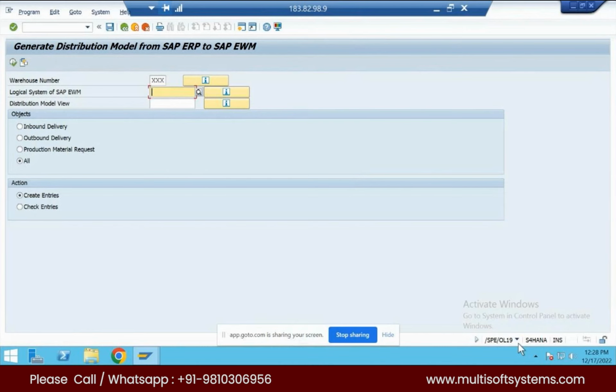So we have a sender and we have a receiver. Now for the 3-digit warehouse, you have to set up a distribution model. What will we distribute? Transactional data, right? So RFC means transactional data. The transactional data that may be delivered is inbound delivery, outbound delivery,